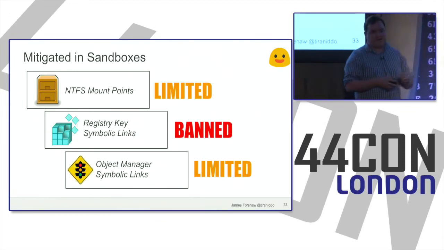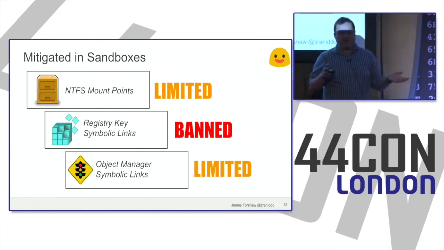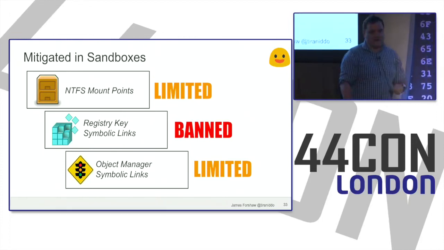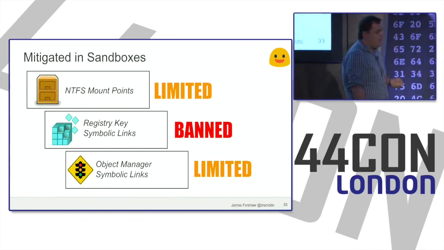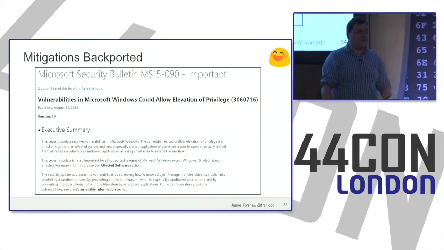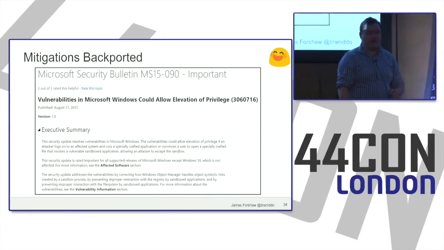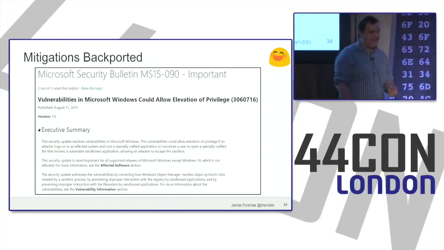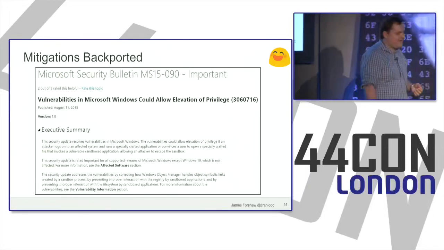You've got registry key symbolic links, and they're just banned outright. If you're running in a low privilege sandbox, you're not allowed to create registry symbolic links at all. And object manager symbolic links, there's some cool feature like you can create them, but no higher privilege process will ever follow them. That's kind of cool. What's even cooler, I think, and obviously not particularly Windows 10 specific, is that this has actually been backported. I really did not expect this to be backported. I saw it in some of the preview builds of Windows 10, and I thought, wow, that's kind of awesome. And then it ended up getting backported all the way to Vista. It's like, who is this company, Microsoft? Are they going strange? Very strange changes of attitude.